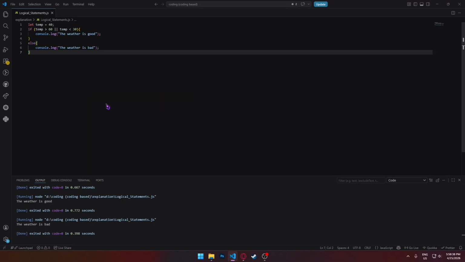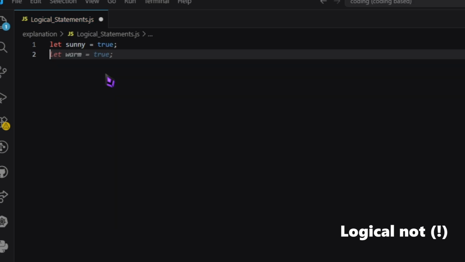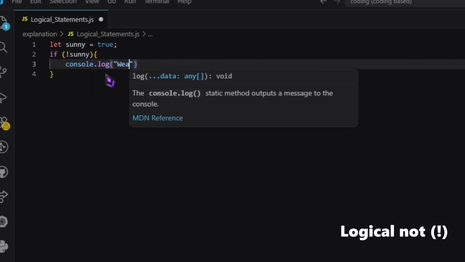So our last operator is logical NOT. The logical NOT operator returns true if the condition is false and false if the condition is true. Basically it reverses the result. Let's see in code. Let sunny equal true, and I will use here an if statement. If here I will use not sunny, then console.log weather is cloudy,